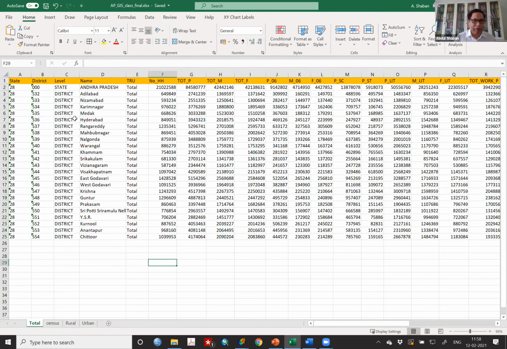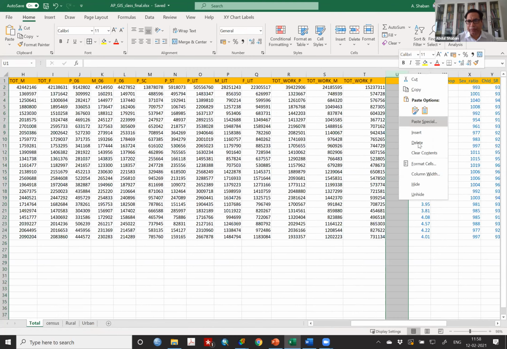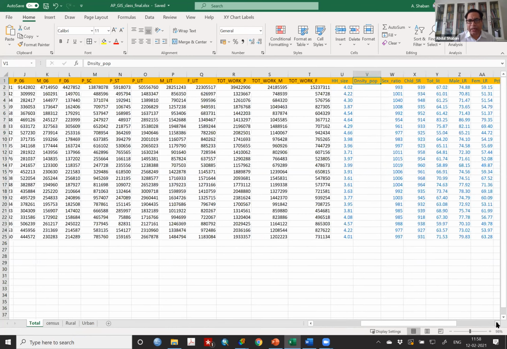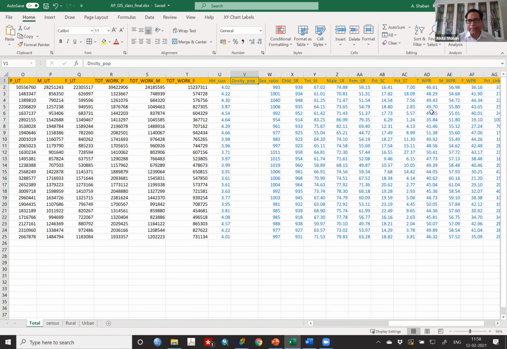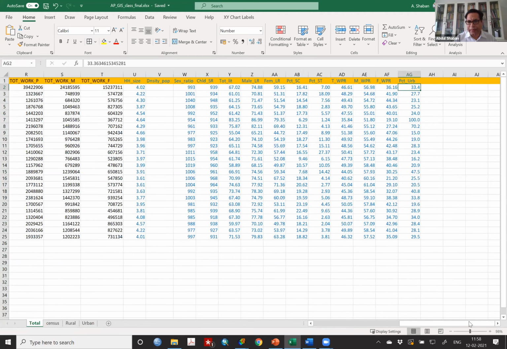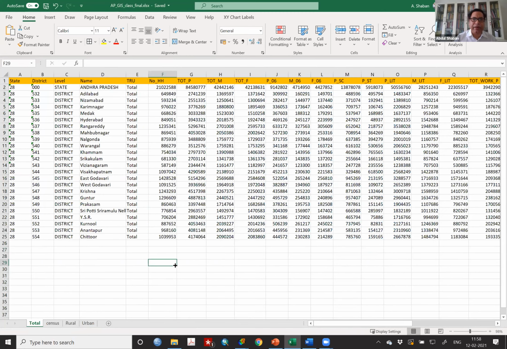So what I will do out of this, for example, I can retain all these because they have unique variable name. I can delete this gap. For example, I delete this. Density of population I don't have. I have not put anything here. I leave it here without anything. All of you put the data inside there. And all these things are percentage of urban population. These things are here. Now, what I will do, I will create a separate Excel file so that there is no confusion for me.